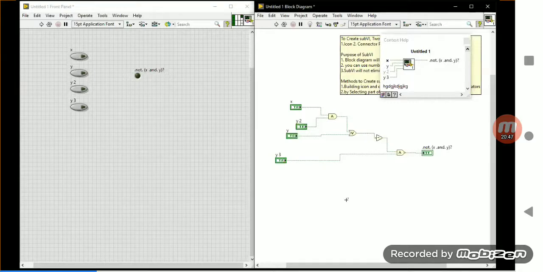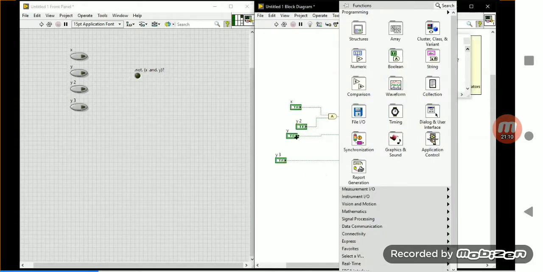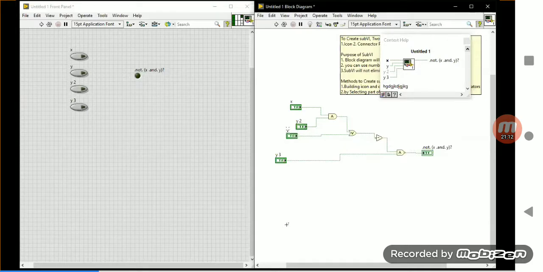Whether a broken run arrow will come or whether it will accept the subVA, what will happen? I am going to place this subVA, which I created for the program, in this VA itself. We have to see whether it will accept or not, because this is also one of the questions they will twist on you. We place it after the VA is saved.